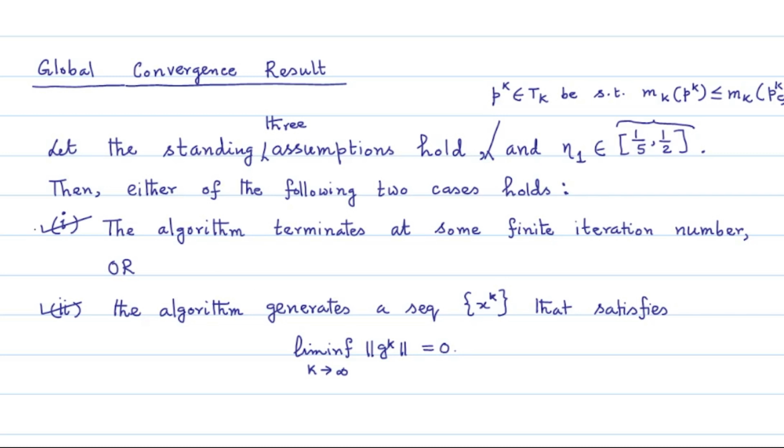The first case will happen when the algorithm has finitely many successful iterates, and case 2 is for when the algorithm has infinitely many